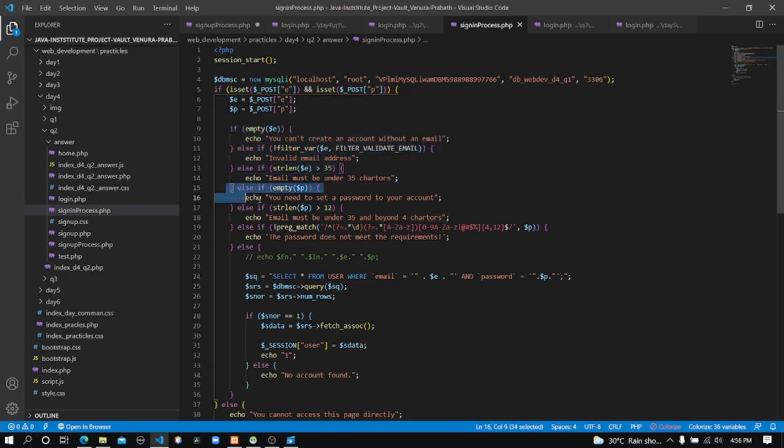After that, it will check the password. If there's no error, that means none of these conditions are met, it will check the password. It will check whether the password is empty, and after that it will check the character length. And in the third line, if none of these conditions are met, it will check the password again for this pattern. Regex means the pattern, and it only allows the password